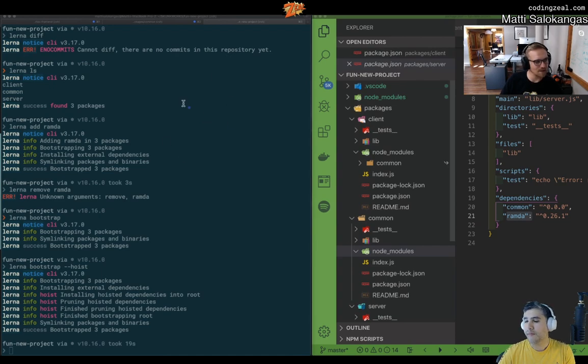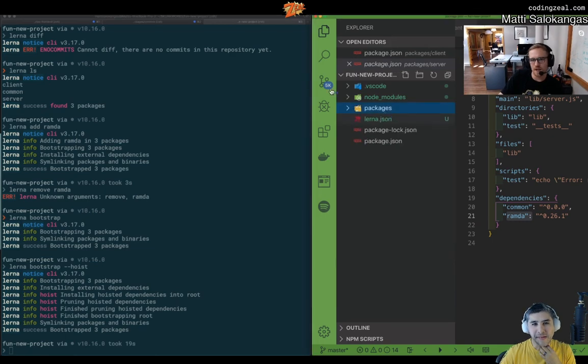But we can learn a little bit more by refactoring this to use Yarn workspaces. Really, the main takeaways from Yarn workspaces is that you have a single Yarn lock and a top level node modules, and so you can share dependencies. So to convert what we've done,